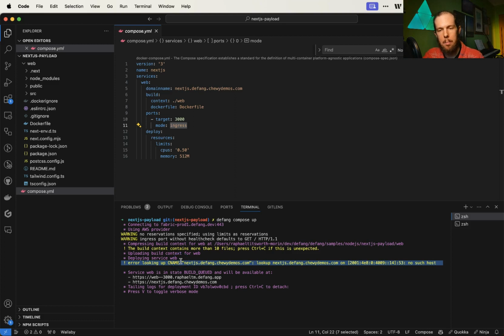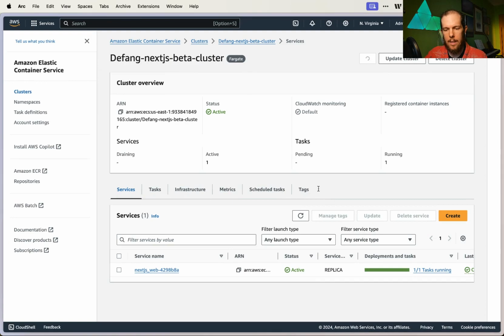You'll see this warning, but don't worry about it. That record doesn't exist, and Defang's going to make sure to create it. Here you can see the default URL that is created for this service. And here you can see it's also picked up that we need this URL to be managed. Okay, so after a few minutes, you should be able to go into